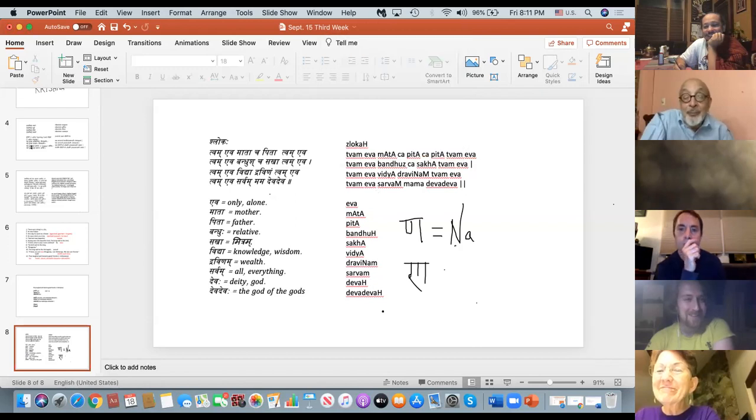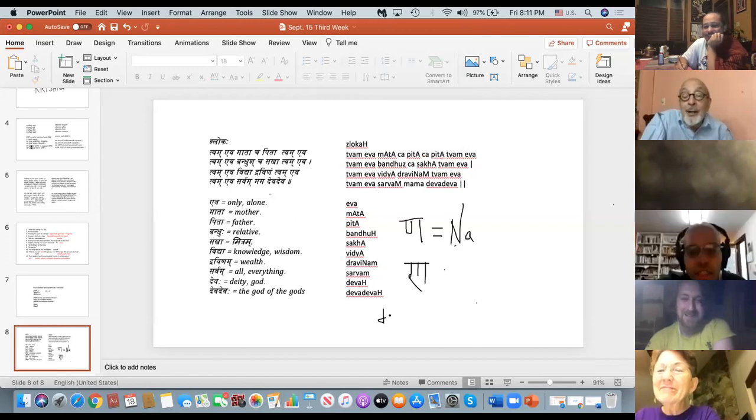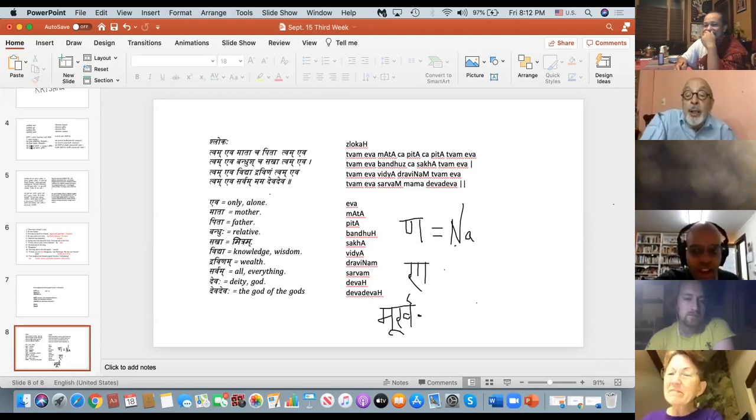I have a question. It says tum eva mata cha, but I thought cha was like "and," and it has to come after two words, right? Remember, we are working on a sloka. In a sloka you can put it wherever the meter allows. That's the big difference between prose and poetry in Sanskrit. This is a new word for you: Murkha, stupid, idiot.